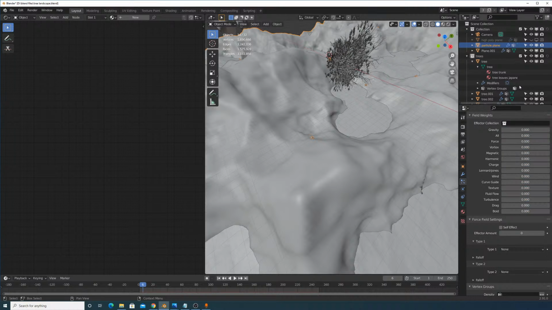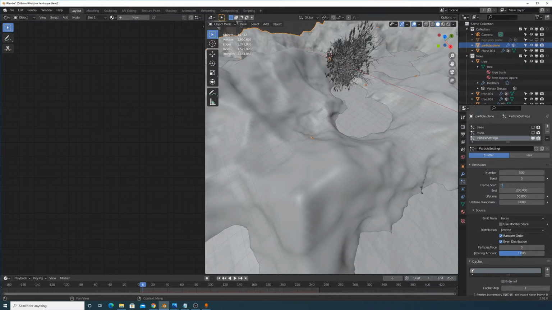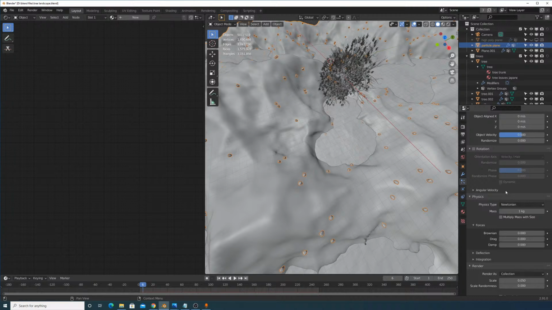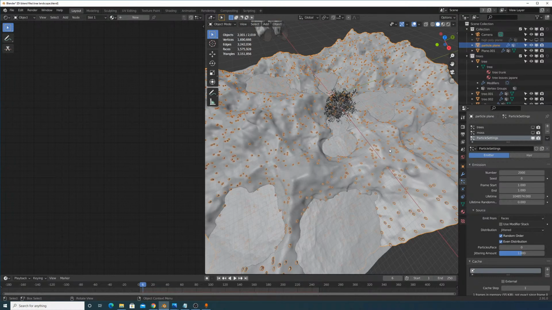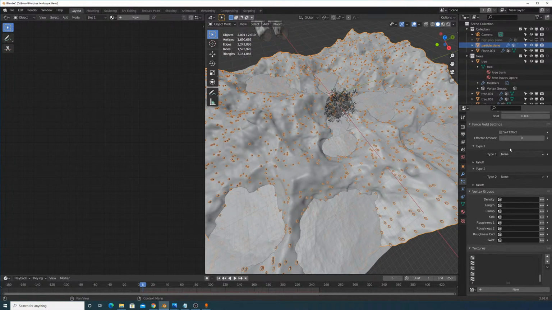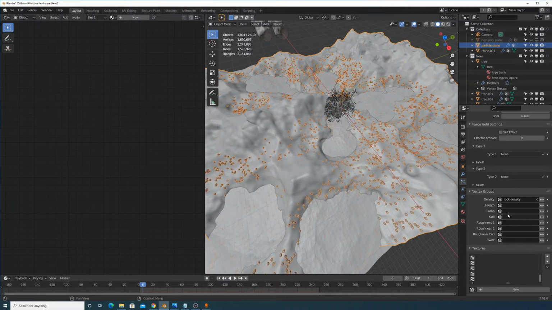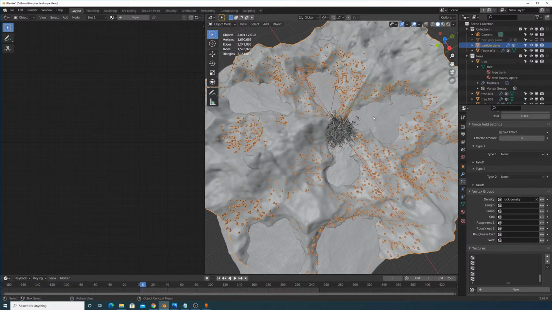We also want to turn our forces down to 0, set the frame to be start 1, end 1, and we want the lifetime to be some really high number that you know you'll never go above in the frames. And let's just bring up the number to like 2000. And you see that it's being placed where we don't want it to, so we need to set it to user weight map. So we're going to set rock density,